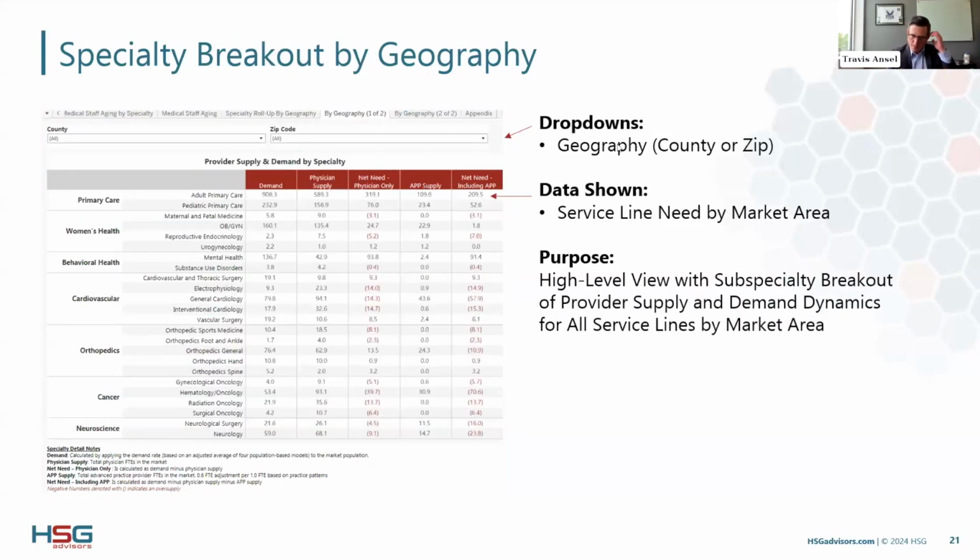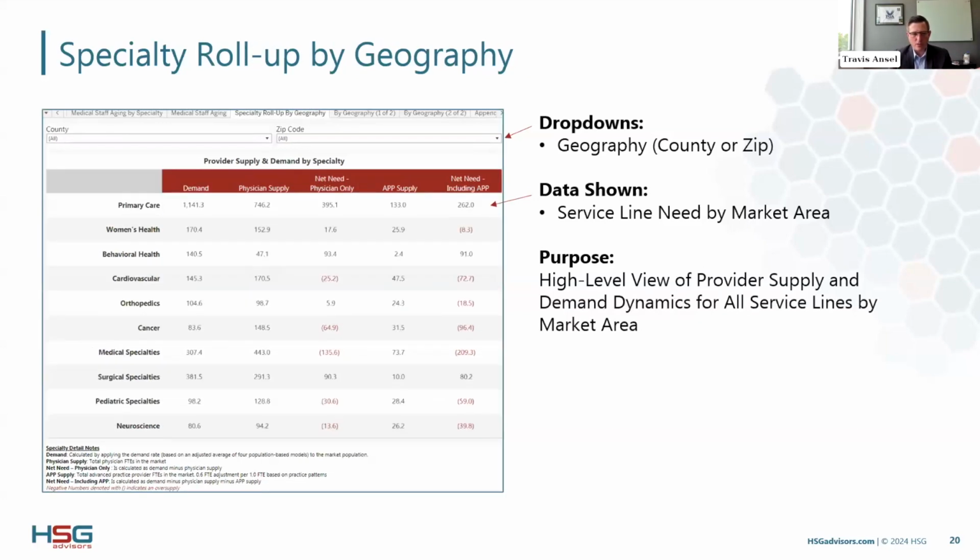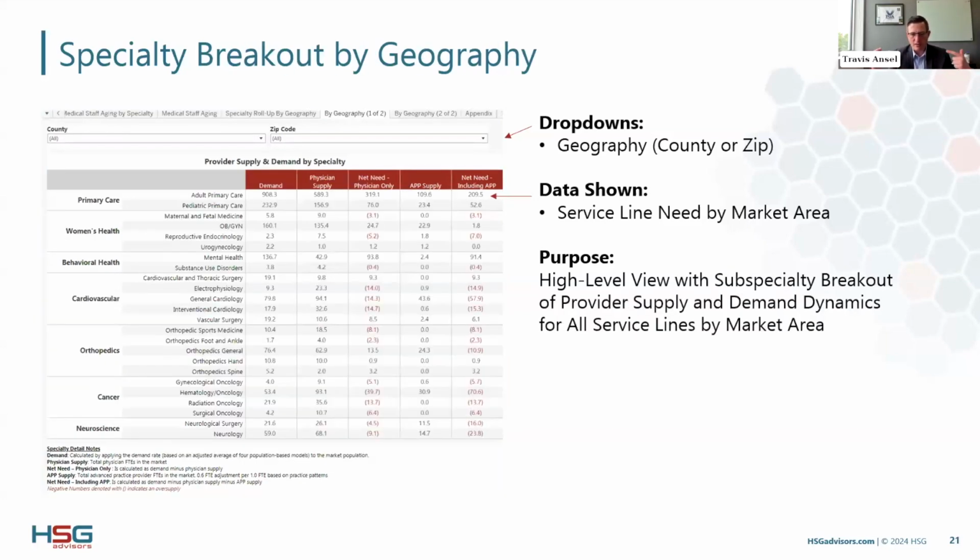And then that same table is available, but with a subservice line breakout. This starts to get a little busy, which is why we offer the previous table. But if you want to look at the individual specialties within those service lines, so for primary care, breaking out adult versus pediatric, for women's health, being able to compare maternal fetal versus broad scope OBGYN versus urogynecology. So all of the subspecialties that we have